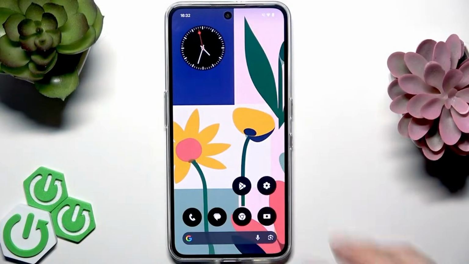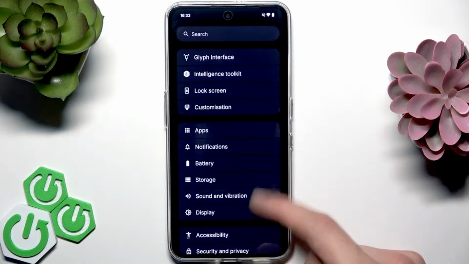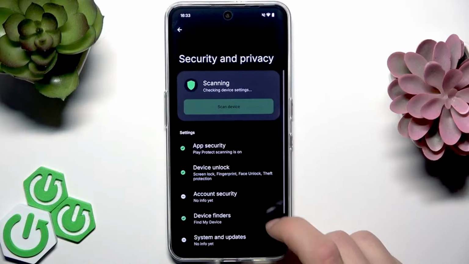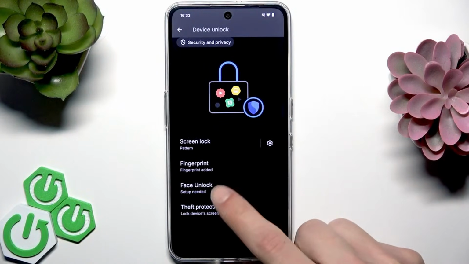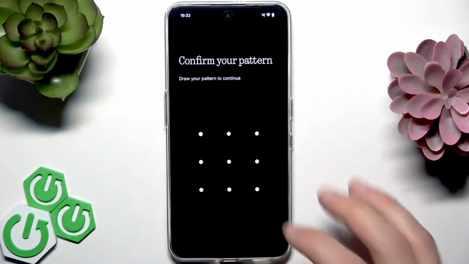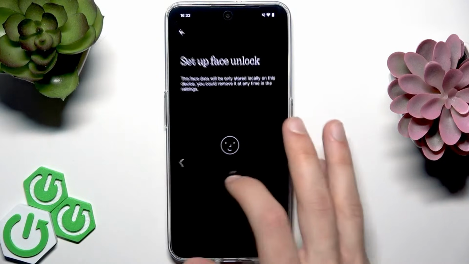In such case, let's set up a new face model on our device, and to do that, first you have to go to settings, then navigate down to security and privacy menu, open it, and then go to device unlock. Here you'll find your face unlock. Now if you have any previously set up face models on your device, then remove them from here,